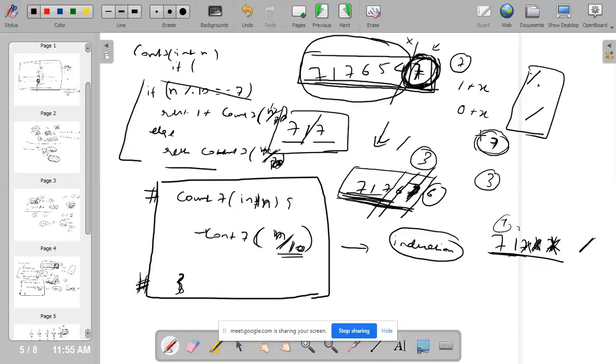If you divide any single digit by 10, then it will be 0.7, for example. So if any number becomes 1 or less than 1, I would say better to write less than 1, then obviously there's no need to count. So you can do: if n is less than or equal to 1, then you just return 0.